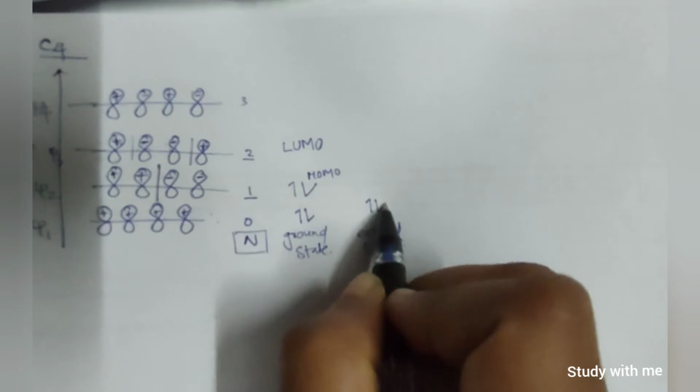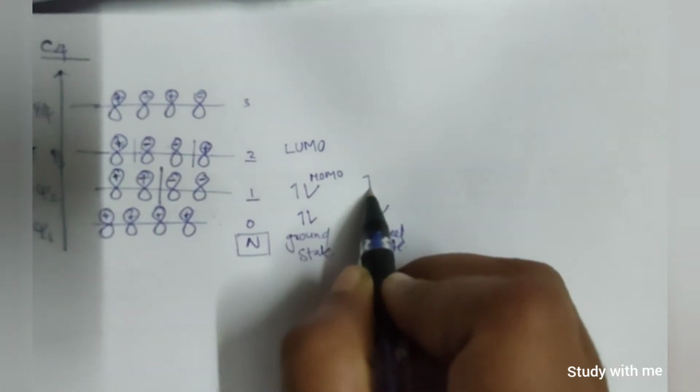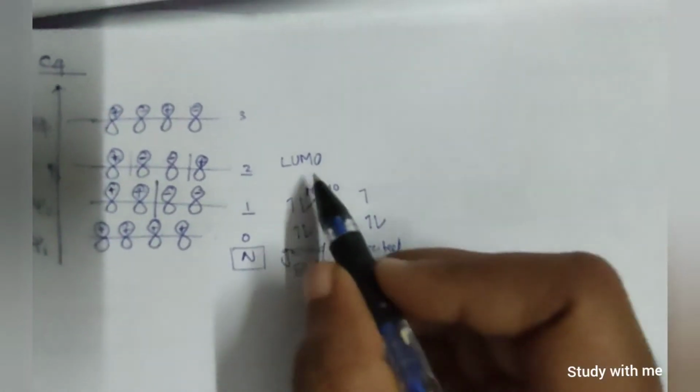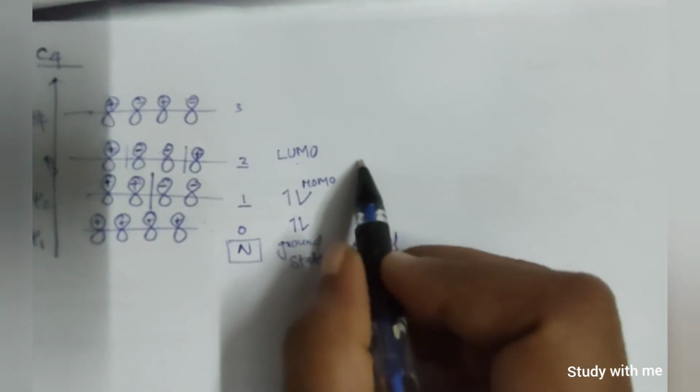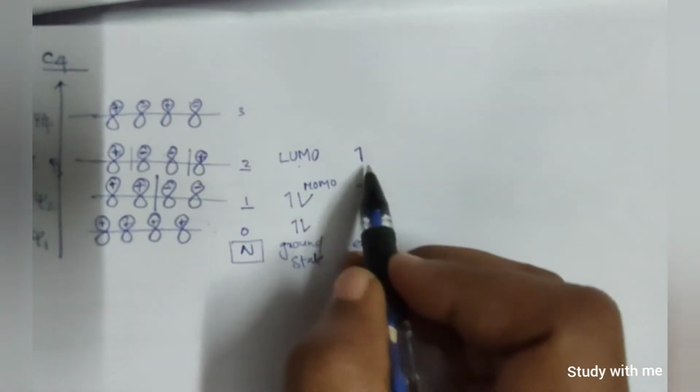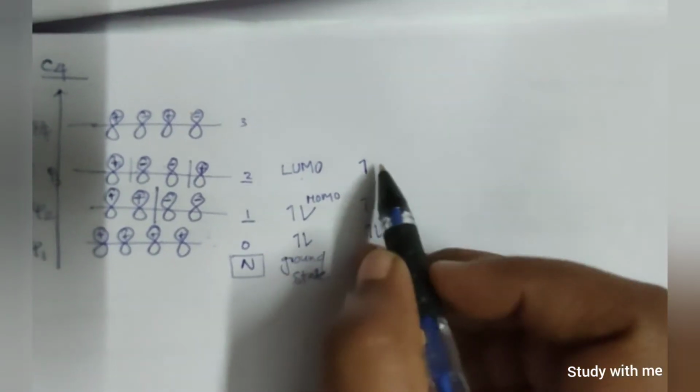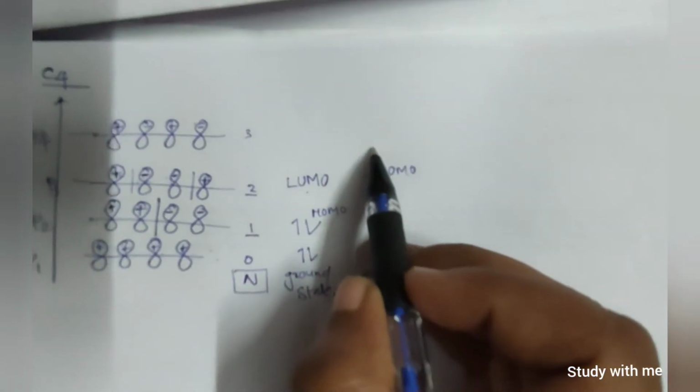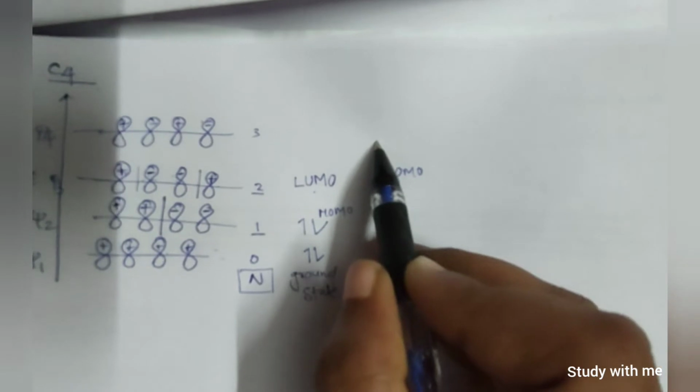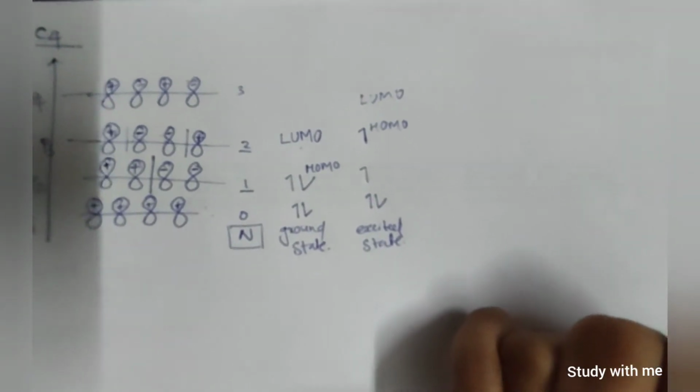And the next step, we plot the excited state, isn't it? In the excited state, the first one will have 2 electrons, the second one 1 electron, and the other one will be excited to the third one, psi 3. So psi 3 will have 1 electron, and this will be the HOMO for the excited state, and the other one, psi 4, will be the LUMO for this excited state.